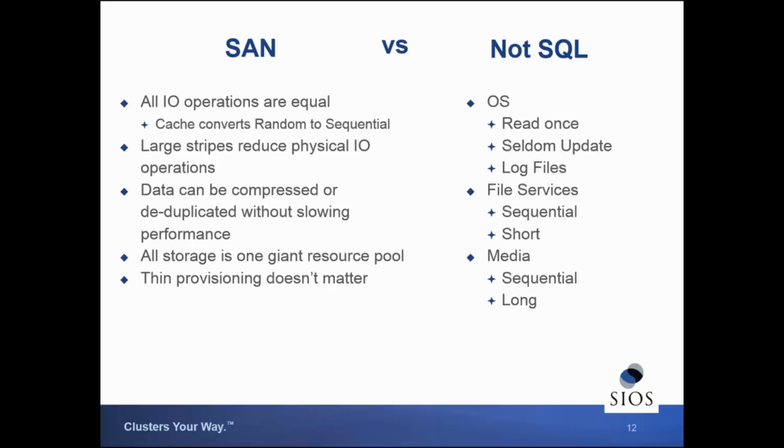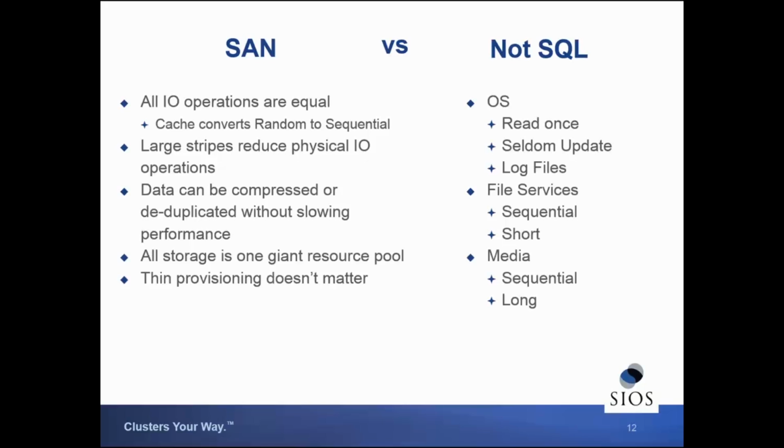Data can be compressed and deduplicated without slowing performance. That's a fairly modern one, because most SANs are finally being built with enough computing capacity to do the deduplication and compression. But that does take time, especially if you overfill your cache or run out of cache. Again, with OS, because you have a lot of copies of the same OS, you can deduplicate there. SQL data simply doesn't deduplicate, and generally the effort to do so costs you performance.